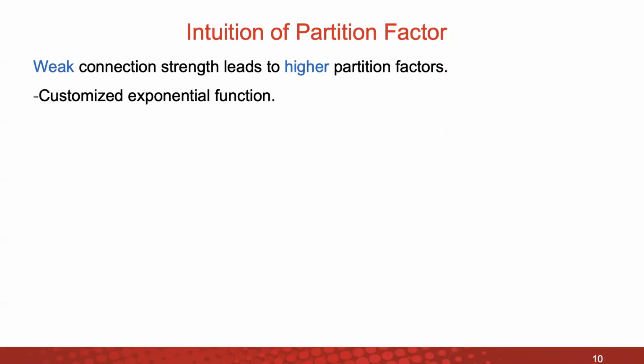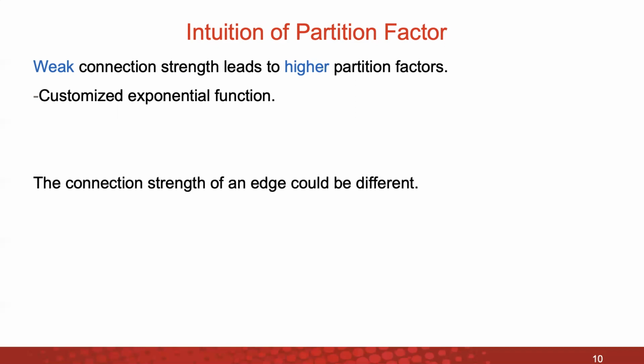We propose a customized exponential function to compute the partition factor based on the intuition that a node with weaker connection strength should have a higher partition factor. During the computation, we need to consider that the connection strength of an edge could be different based on which endpoint we are analyzing. For edges whose endpoints are in two different partitions,